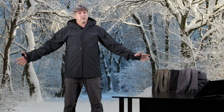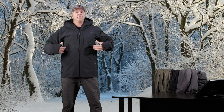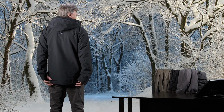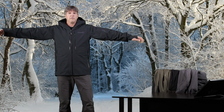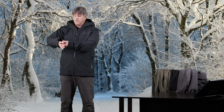We'll get into layering. I have a couple different jackets here we're going to put on underneath this to show you. Right now I'm just wearing a t-shirt underneath this, just a regular t-shirt, and the jacket fits me perfectly. All right, really nice. It has a nice long length in the back for some extra protection, and the sleeves are plenty long on this. Now, they have a nice Velcro